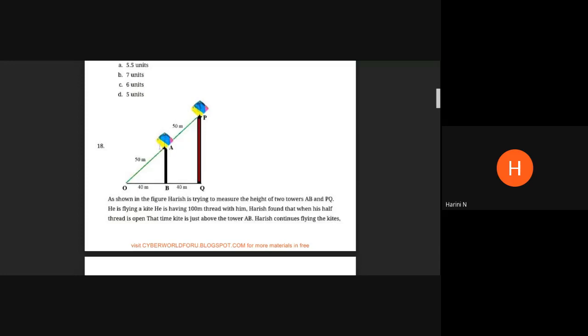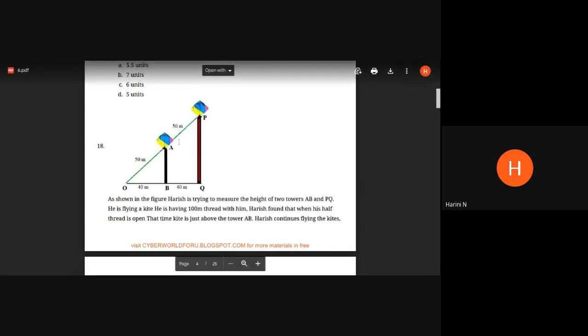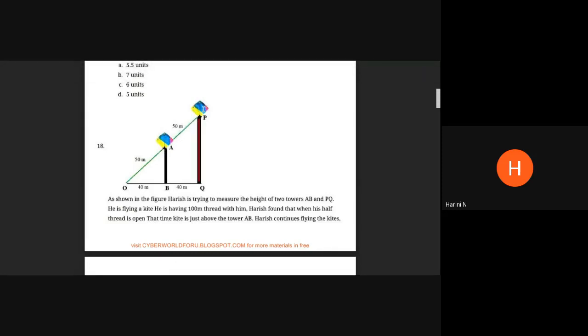This is where the string is tied to the kite. So when the kite is moving to this height, 50 meters of thread has come out from the bundle. So when the kite is still further moving up, we have to release the twine. So if it still has to move higher, you have to still release the length, and it has taken another 50 meters to reach the point P. All right. So this is how it is told that OA is of length 50 and AP is again length 50, because totally when the kite is reaching the point P, 100 meters of twine is released. All right. Did you follow the question? Any doubt?